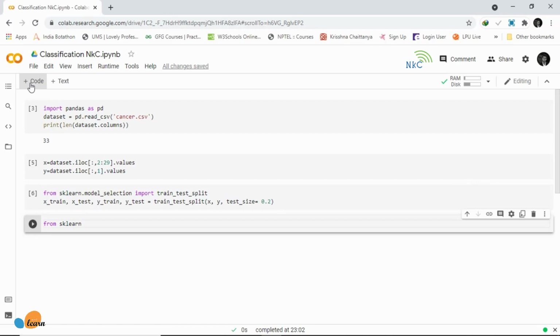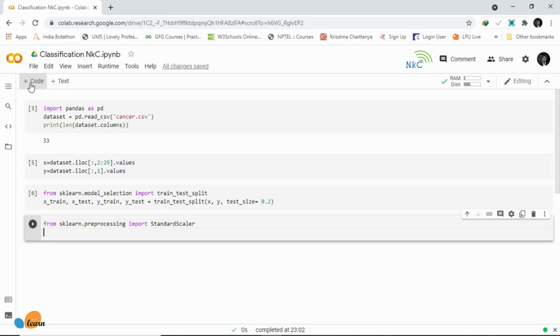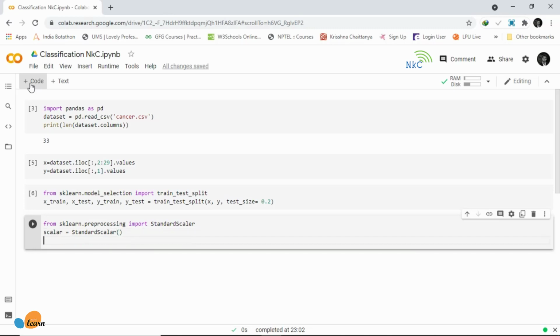Next, we are going to say from sklearn.preprocessing we are going to import our StandardScaler, and we are going to set scaler equal to StandardScaler, and then we are also going to say our X_train is going to equal scaler.fit_transform X_train, and we will do the same thing with our X_test. This is basically just to ensure the model can understand the data and doesn't get too confused with the numbers being all over the place.